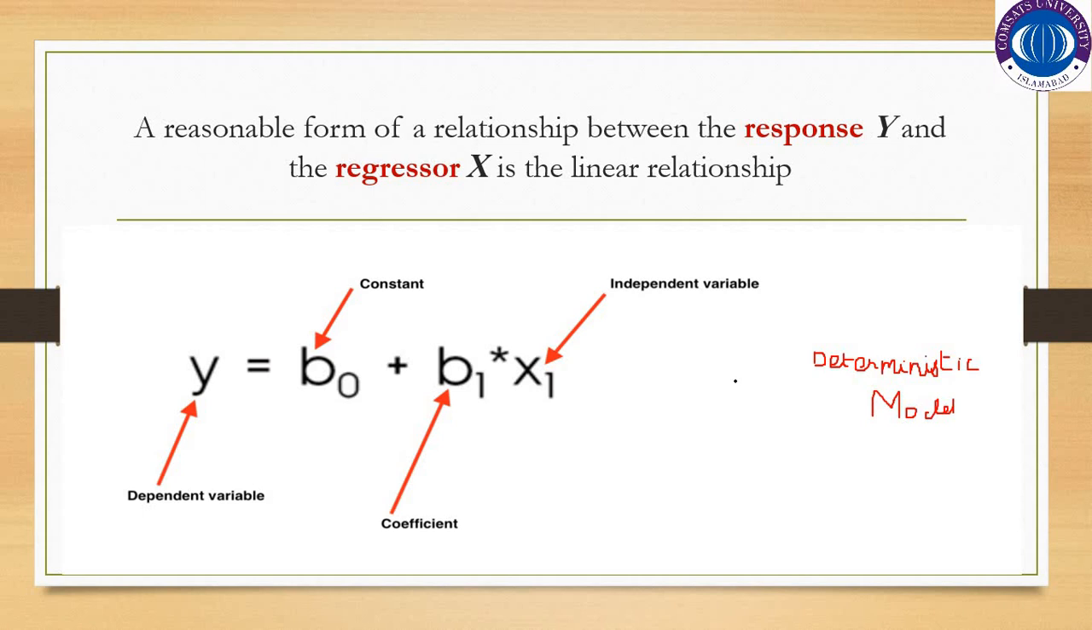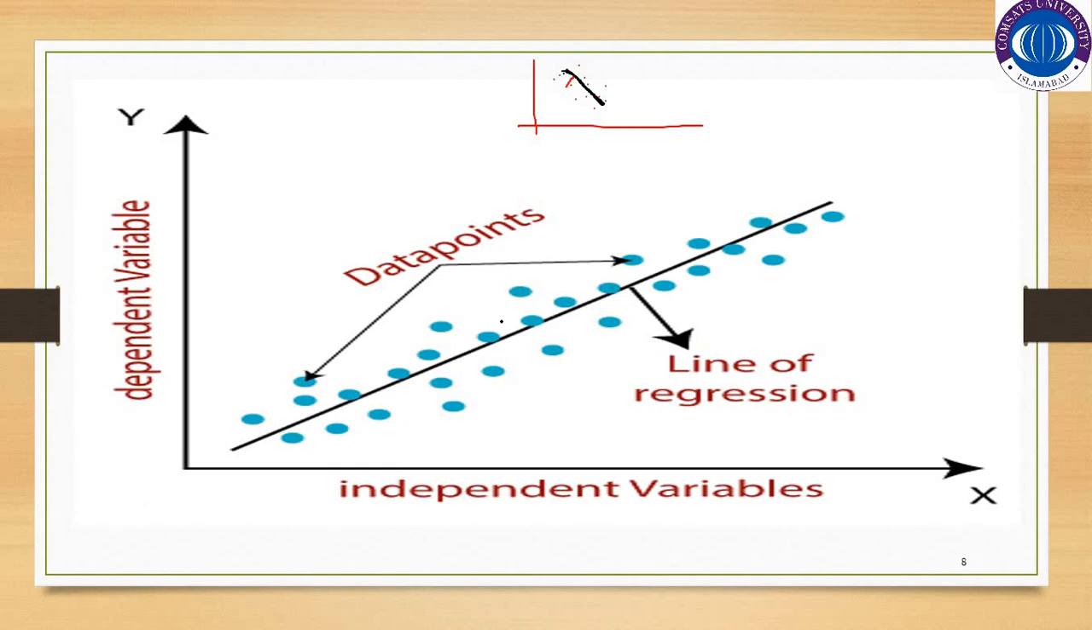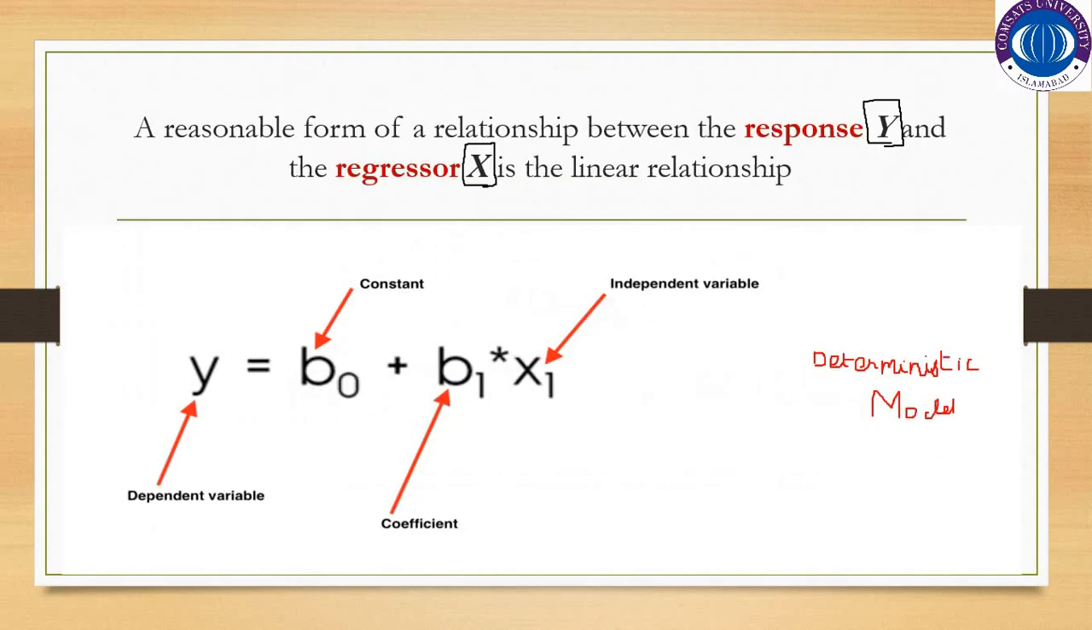So a reasonable form of a relationship between the response y and the regressor x is the linear relationship. Remember here this y is the dependent variable we are assuming, and this x is the independent variable. And we have discussed in this slide that this is the line of regression, but how would we find out this line of regression? For this, we will use the simple linear regression,